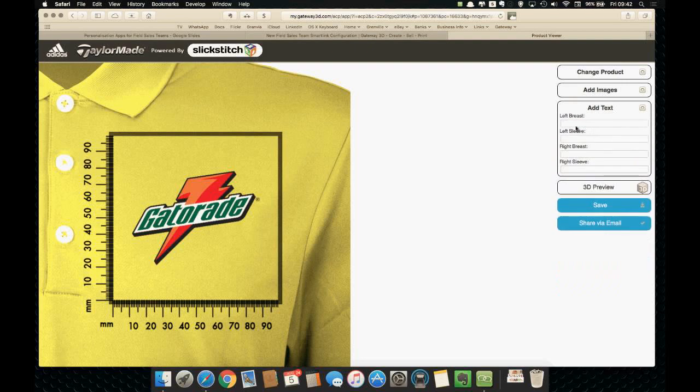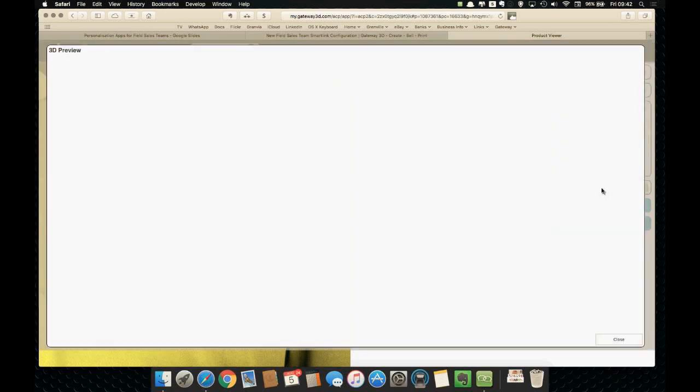So I can also add text in different areas. This is set up with one line of text in 4 different positions. But in this particular configuration, we've actually set it up so there is a 3D preview. So to make it easy for people to be able to see the design in situ, this has got a zoomed in view. So you can see the left chest area of the polo shirt. If I click the 3D preview button,